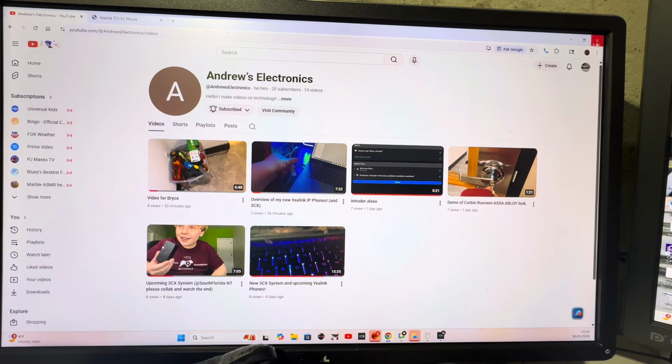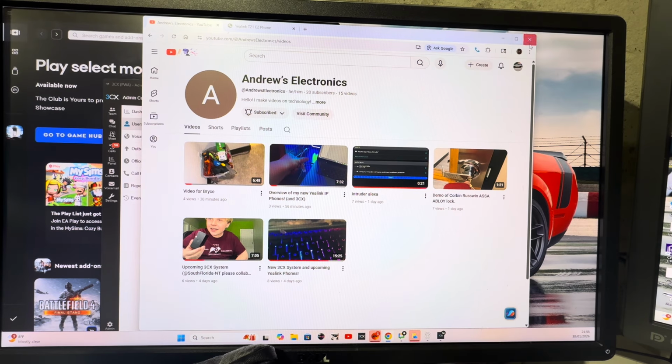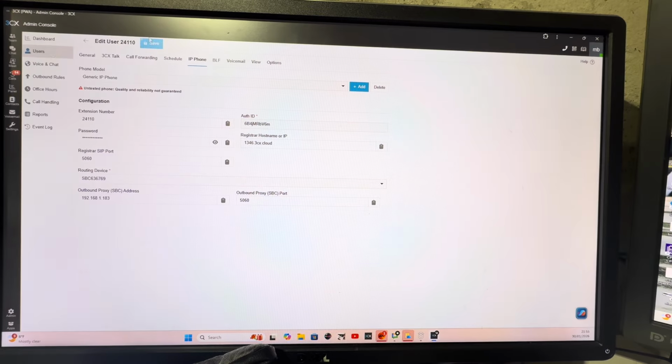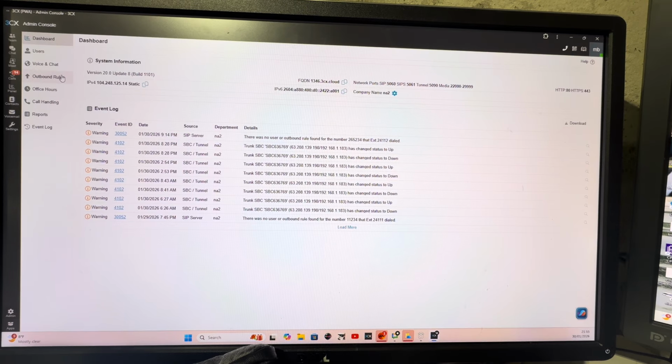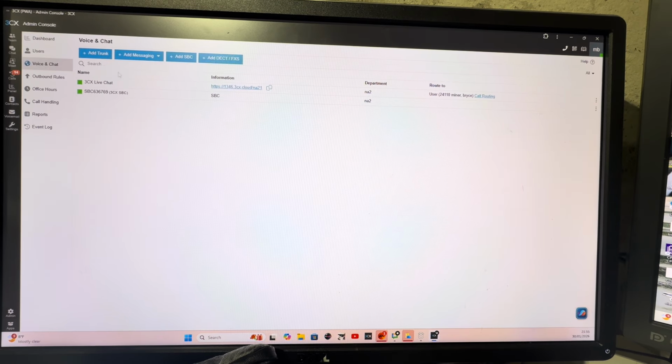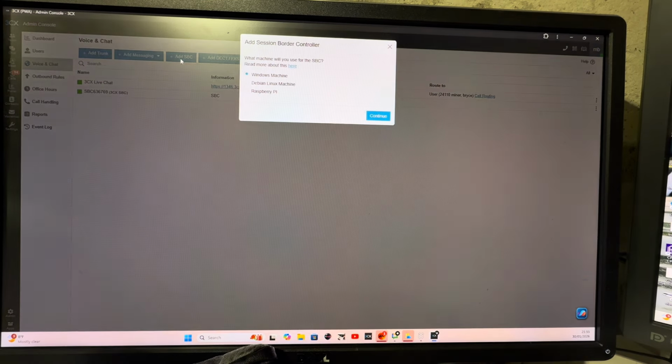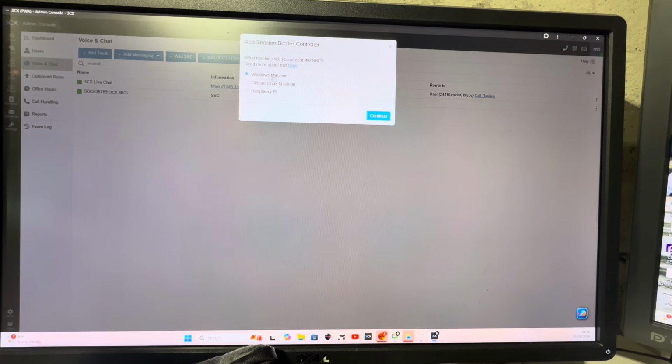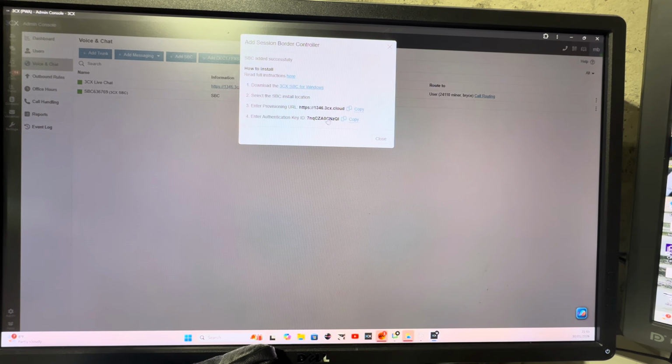So if you want to add a SBC, I can show you how to do that. Basically, you go to dashboard, and you click voice and chat, and then you click add SBC. And it can be a Windows machine. That's why I'm going to select that myself. And then you have to install